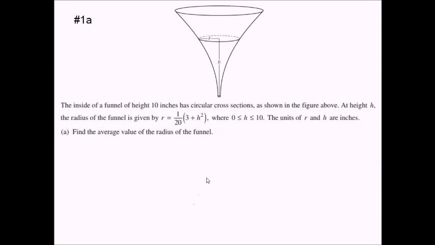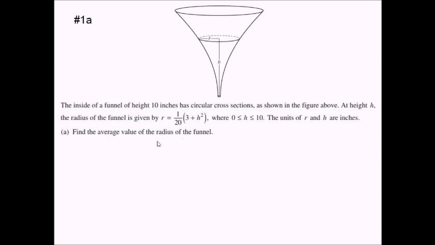For this no calculator free response, we have the inside of a funnel that's 10 inches tall, has circular cross sections, and they're telling us that at height h, the radius of the funnel is given by this function here, and they're telling us this is in inches. So for the first part of this problem, they want us to find the average value of the radius of